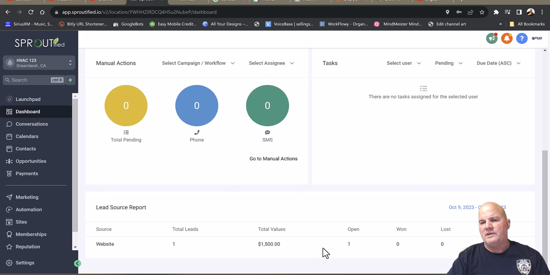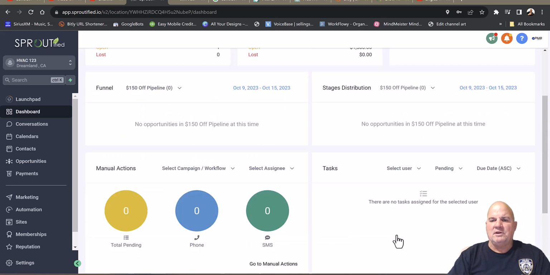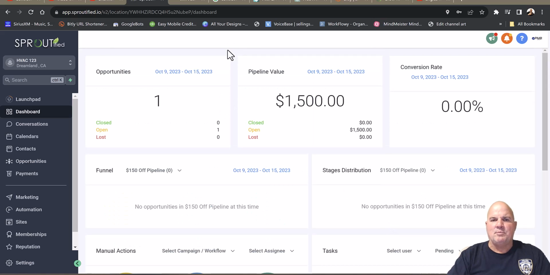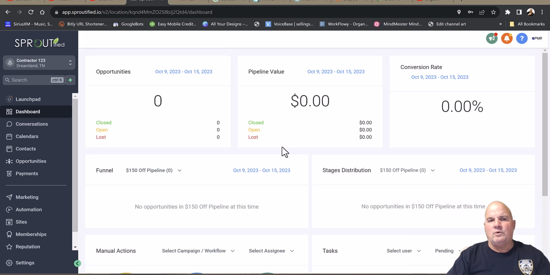It tells us where that lead came in, whether it was a paid source like Google or Facebook. This one came in on a website. This was just a demo account, so we can see how that came in. But let's jump back and we're going to walk through how we do that, how we set up the calendar,